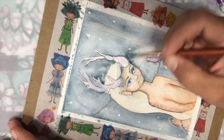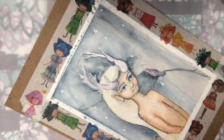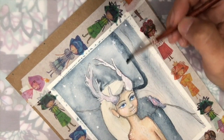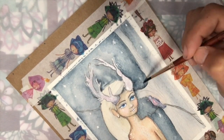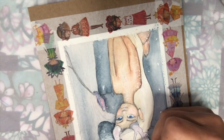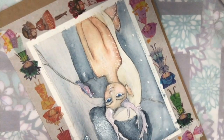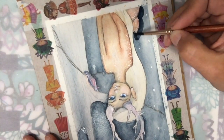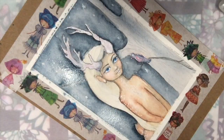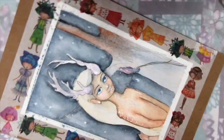The only other thing about this painting in particular is that it seemed to be a little bit controversial. People are kind of weirded out by the fact that she doesn't have any type of boobs. I figure she's a deer, she doesn't really need them, but it's making some people very uncomfortable. I'm fine with it. I can definitely see where it's a little strange, but